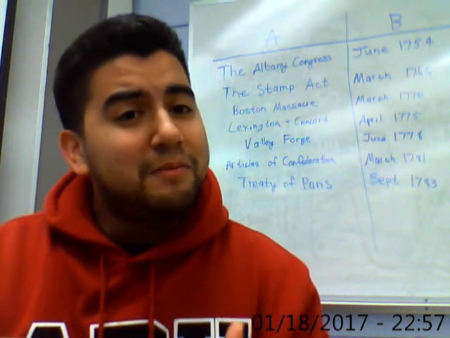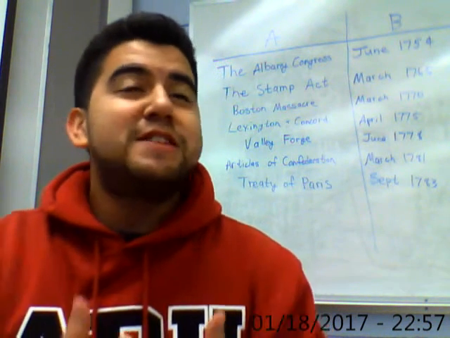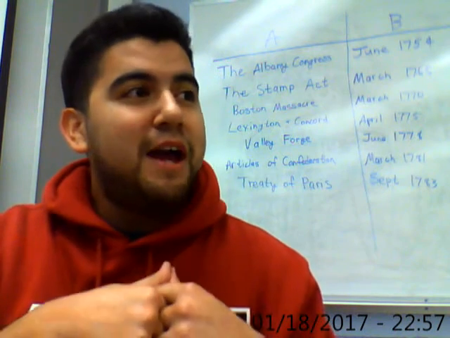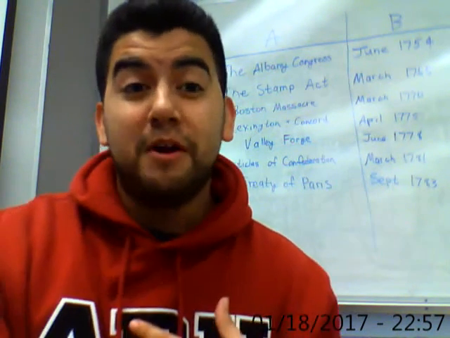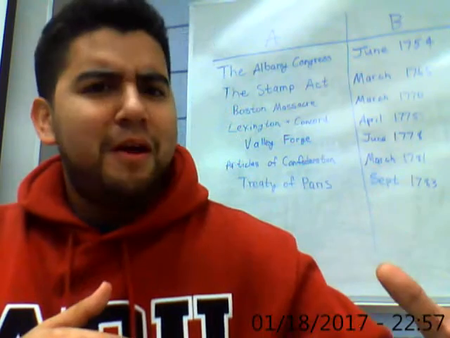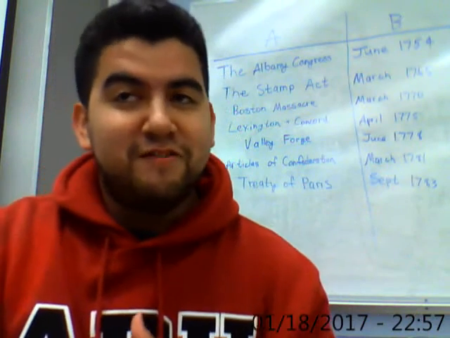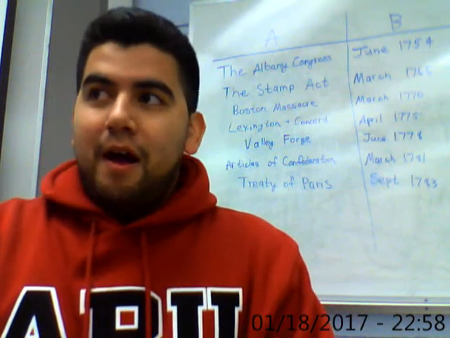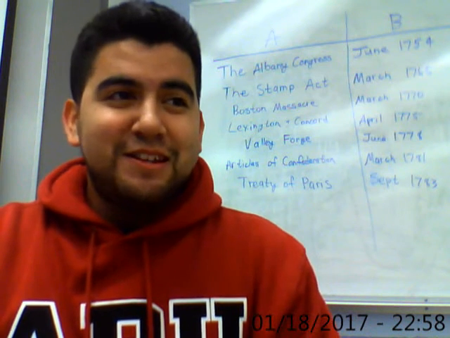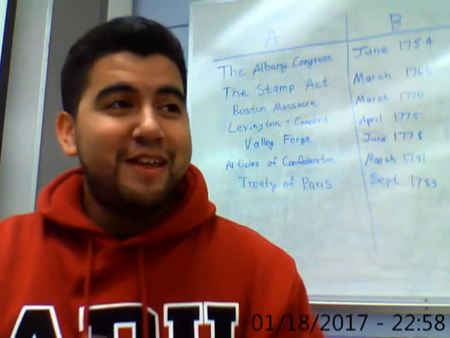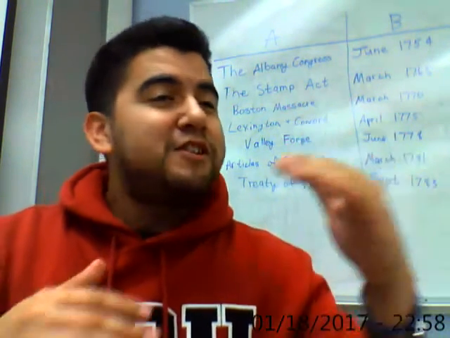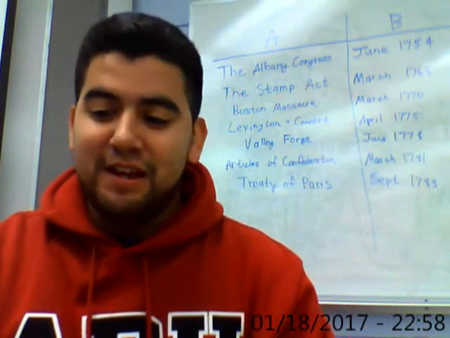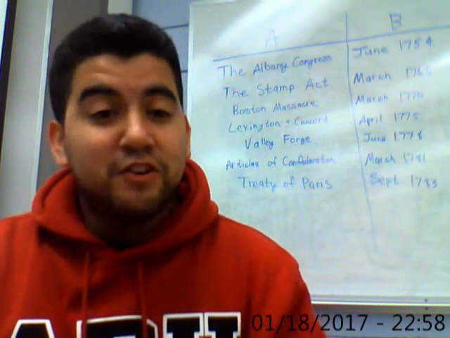So we'll try to look for the right dates, and then as everyone's intermingling and talking, you'll remember, oh, I wanted to be partners with my friend, but he had Valley Forge, and I was Articles of Confederation, so I had to look for March 1781, and he had June 1778. So I think it's really memorable because everyone wants to be friends and get to know each other. So I think it works really well with the higher achievers and the less confident EAL students.